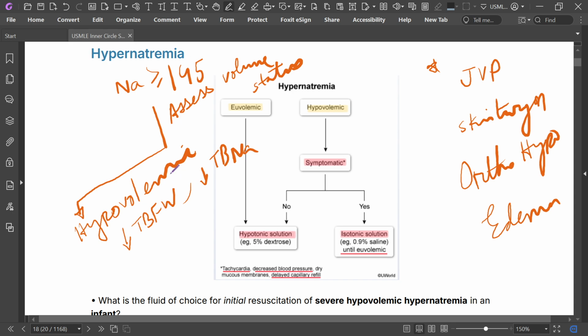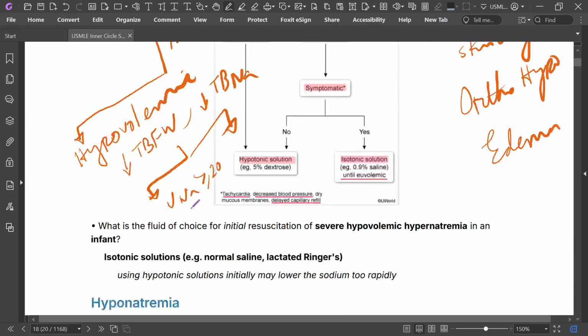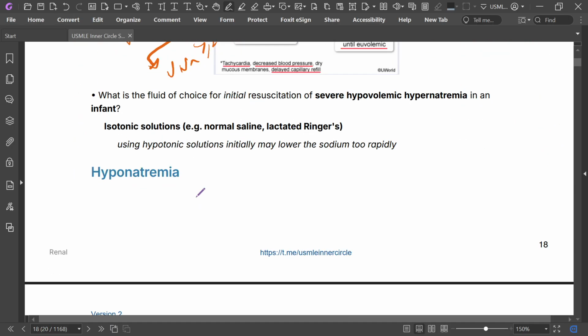Then you need to see the urine sodium. If urine sodium is more than 20 milliequivalent per liter, then it is